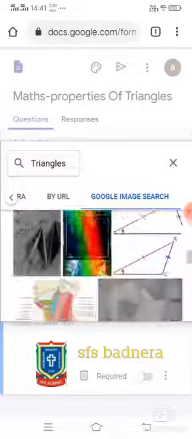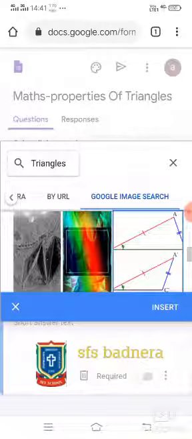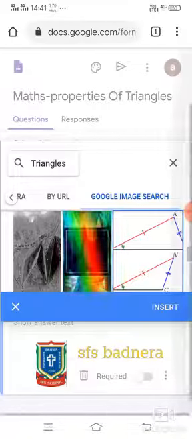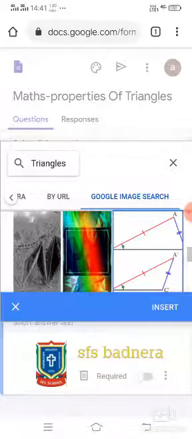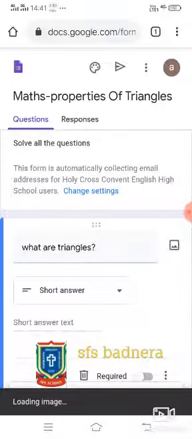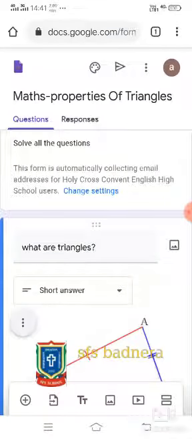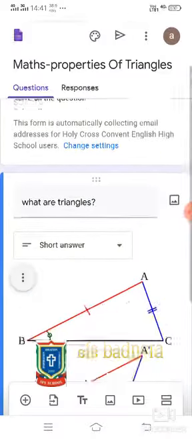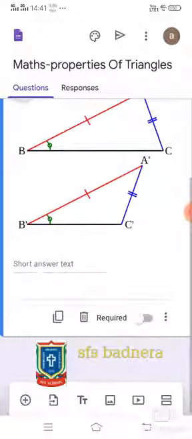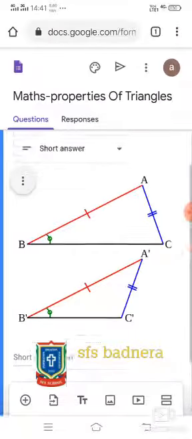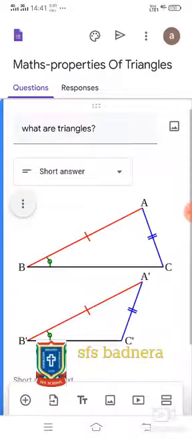So as per your convenience you may select this. Okay, which is a side angle side criterion, and I am inserting it. Okay, this is just for a demonstration purpose. You may use as per your own choice. Okay, so I have already added an image which is related to the triangle.